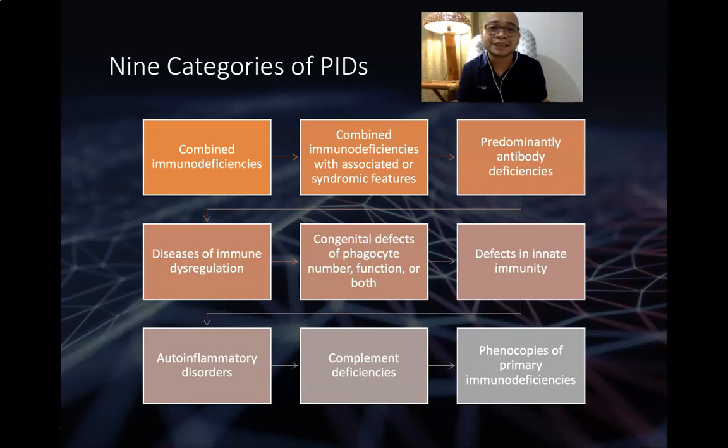Now, for this particular screencast, we will only be selecting some of the most common examples of primary immunodeficiency